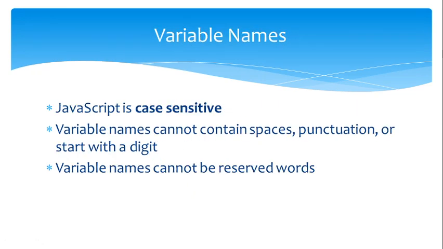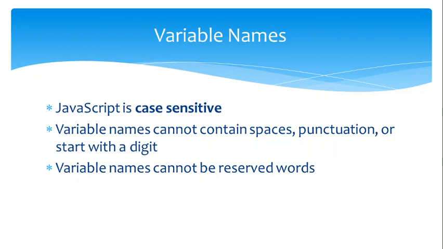Next is variable names. How do we give a variable name? The rule for variable names is that they should be case sensitive. If you write in capital letters, you must use capital letters. If you use small letters, you must use small letters. Whatever pattern you take, small letters, capital letters, mixed, whatever you do, you must use the same thing to call or access it. So that is case sensitivity.